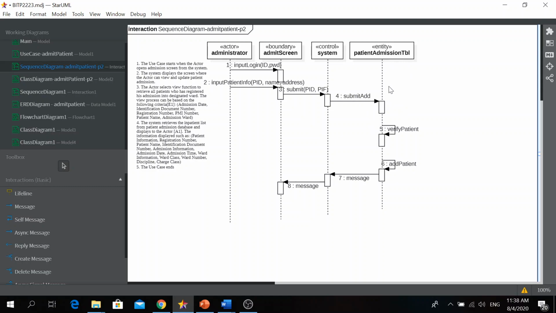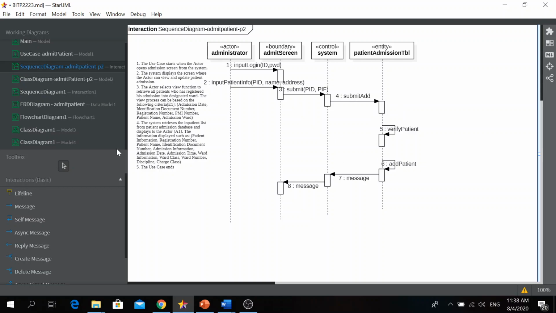Of course, when you call this operation for this class, you need to bring something, right? You need to bring a value for the operation to process, whether to be added, modified, updated or deleted and so on.